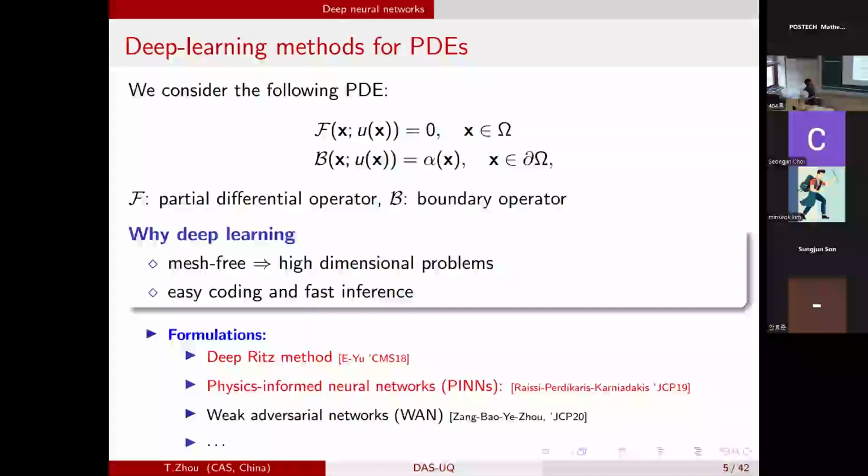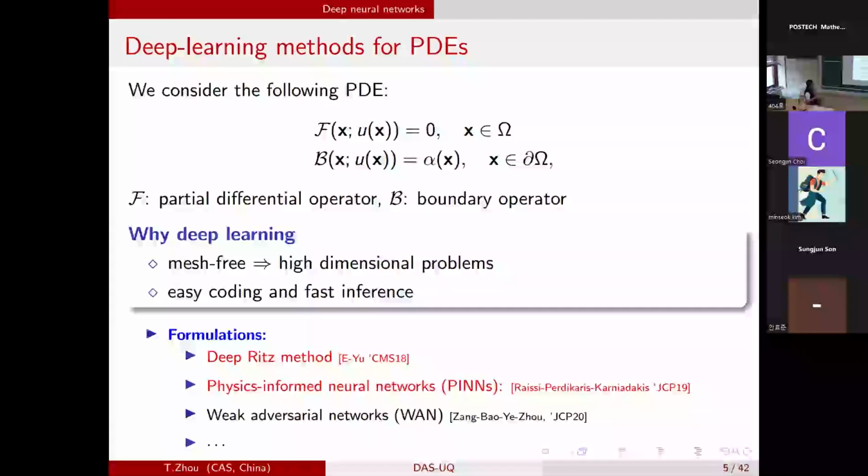The PINNs method just deals directly with the PDE itself. Suppose you consider a second order PDE, you will do PINNs with the original PDE, but in Deep Ritz you will change the PDE into the variational formula, which means that for a second order PDE you will consider only a first order system. You only need to face the first order derivative in the variational formula.